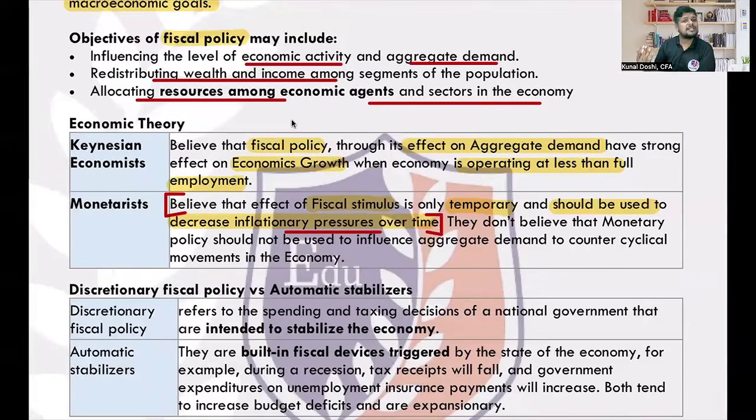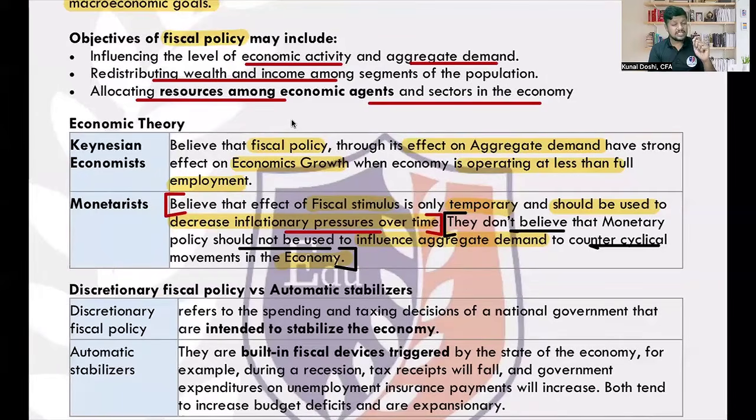But why are they called monetarists? Well, they are called monetarists for one reason: they believe that monetary policy should not be used at all. In fact, they think monetary policy is a waste, and monetary policy is the reason we have so many cycles in the economy, because of the central bank oversupplying money and pulling out money. So they don't believe that monetary policy is the solution and should not be used to influence the aggregate demand. In fact, they say it is counter-cyclical to the movements in the economy. So it is bad for the economy. So monetarists are very pessimistic. They think fiscal policy is only used for controlling inflation, and monetary policy is rather counter-cyclical.